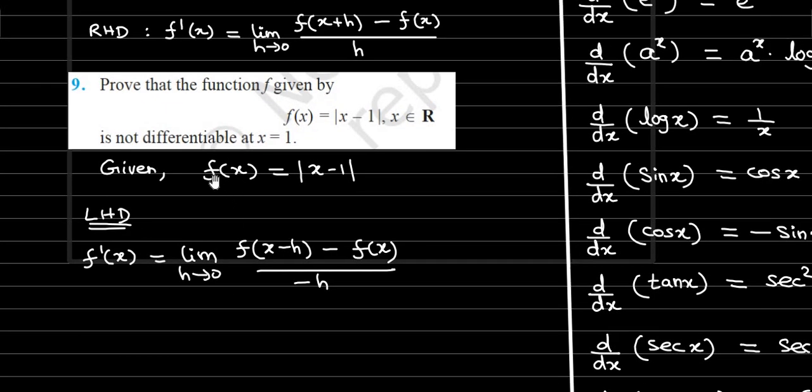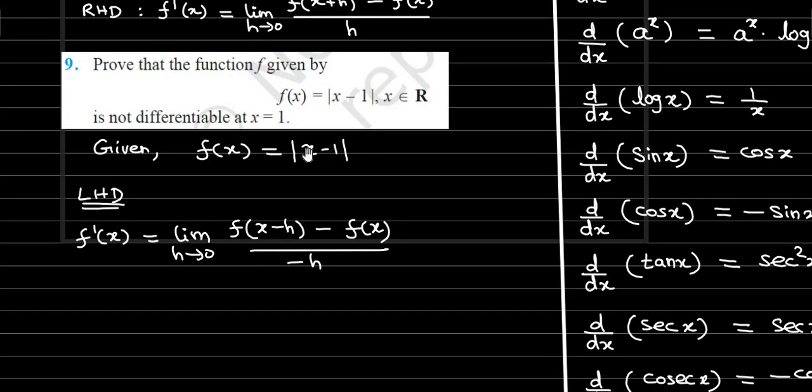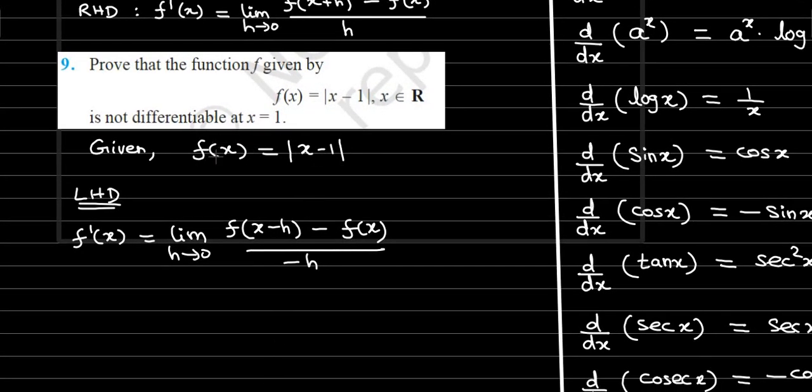Now in the given question, what is f of x? Modulus of x minus 1. So whatever input you have, we have to take the modulus of it and then subtract 1. So here, treat this complete x minus h as x, and take the modulus of that input, x minus h,